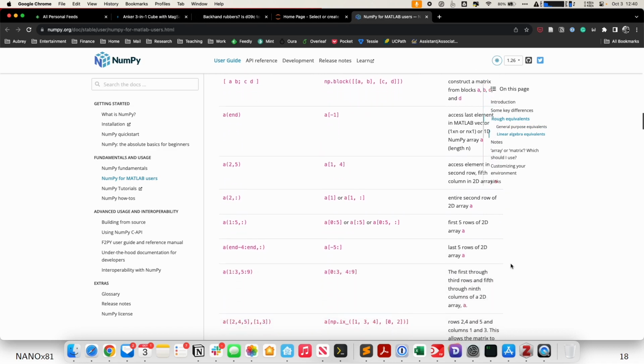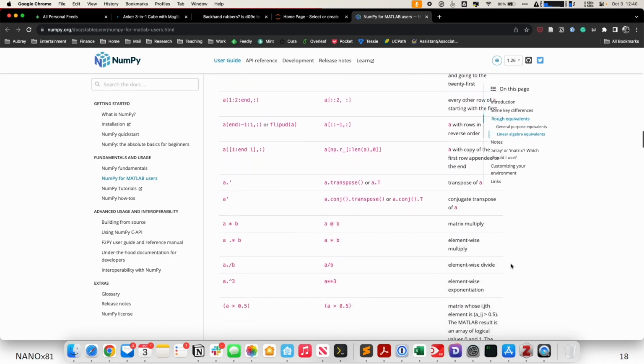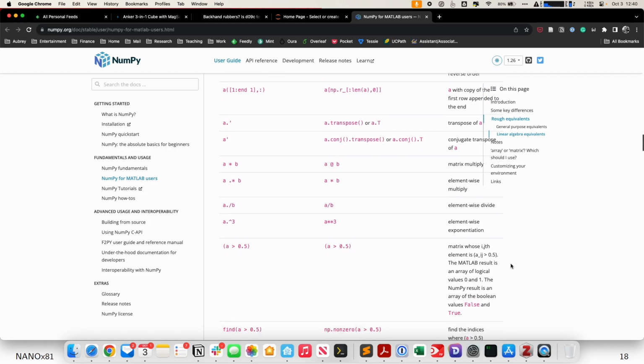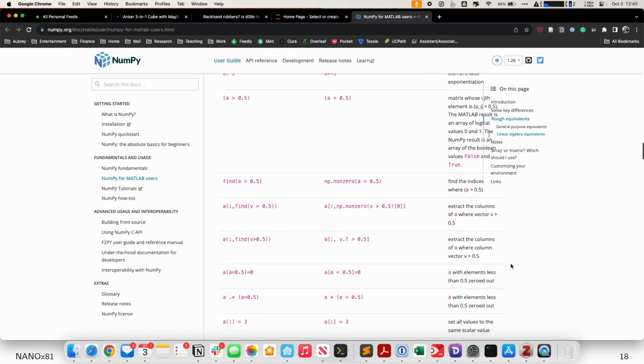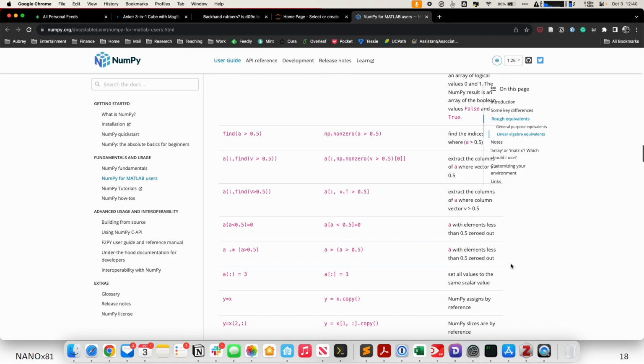So let's say you are interested in getting a transpose. So wait, where's the transpose? Yep. A transpose in MATLAB, you basically use the single quotation mark, but in NumPy you actually have to do a.transpose or a.T, and basically this shows you some of the common functions that you would do in MATLAB as well as NumPy, and what the syntax